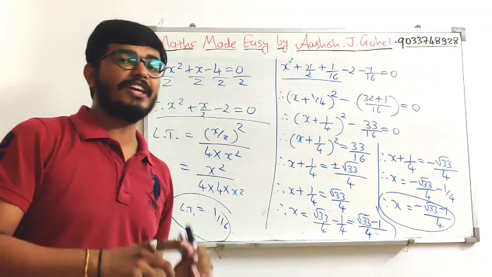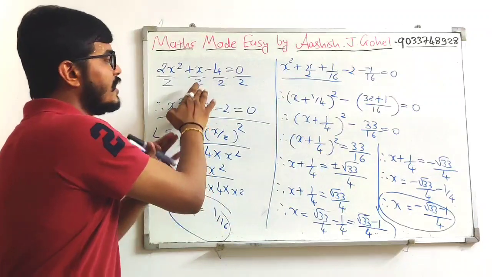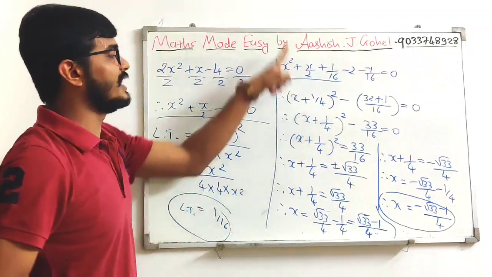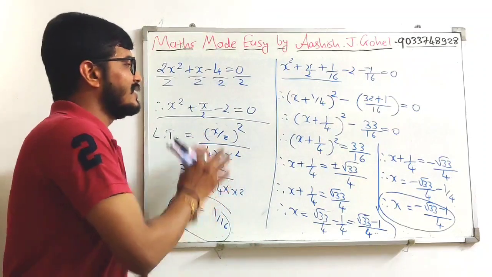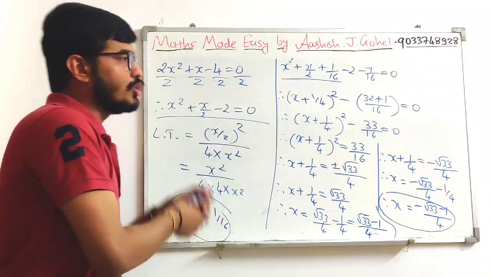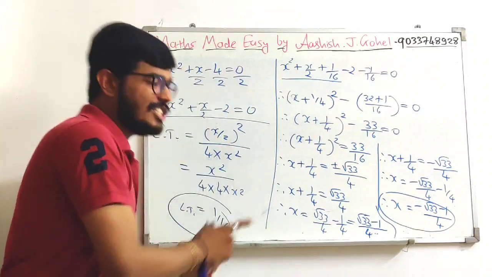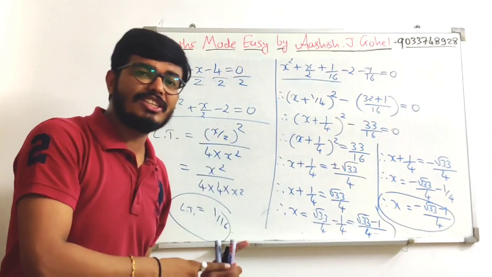Okay. Now what is the benefit of dividing by 2 at first? We don't have to write down root 2 over here. Okay. You can solve by the previous method also, but this will be an easier one. Okay. So do remember this method. Do practice this method. I hope all of you understand this well.